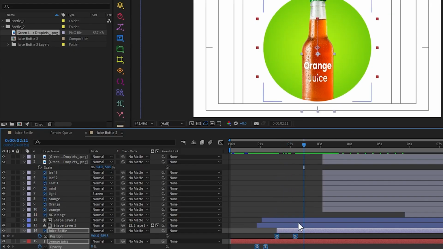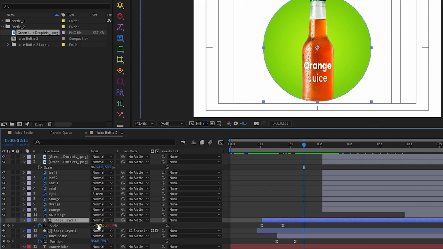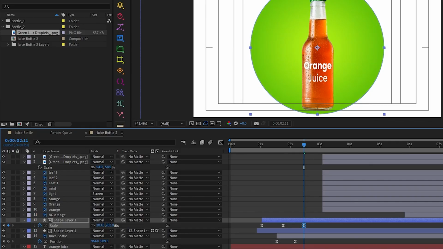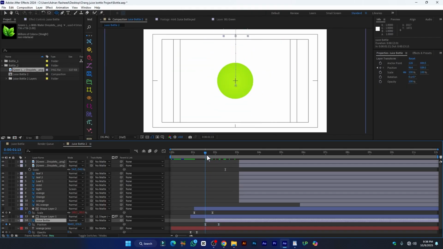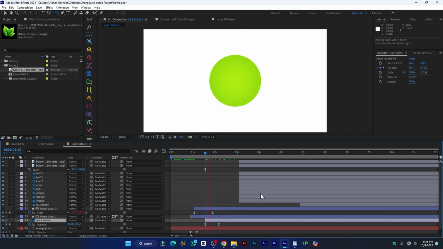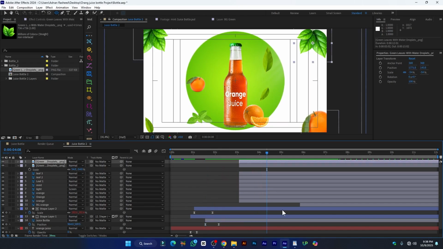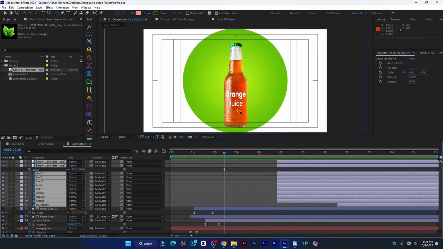But what I will do, simply select this mask and increase its value, press S and scale it up like so. Okay, it's looking great. And delete this one and also move it, place it over here. And at the beginning what I will do, now you have this kind of animation. Okay, again select all of these layers and move them forward, and I will also create the elastic animation on this position